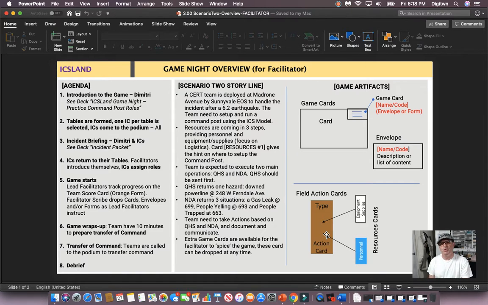So that's all you do in the game, and you use this field action card, which will be written quick hazard survey. You'll put 4 people there, you'll put some supplies, and you put the card on the field action. Once you've done that, the facilitator will actually take an action, probably take this card, put the return result, and return that back. So we really focus again on launching actions, and then when the team comes back with some information, processing the action and what we do. So that's the high-level overview.